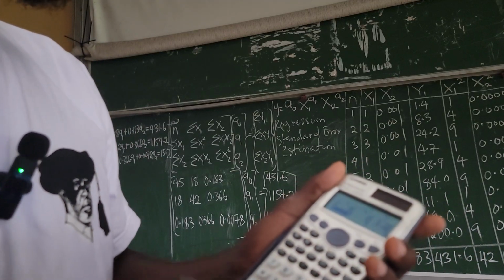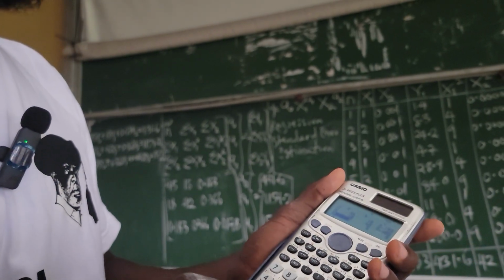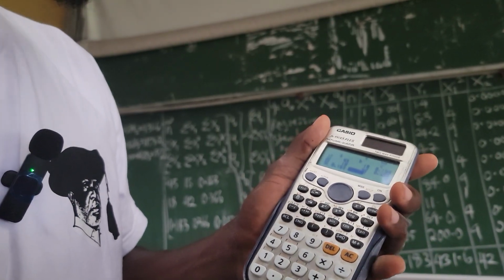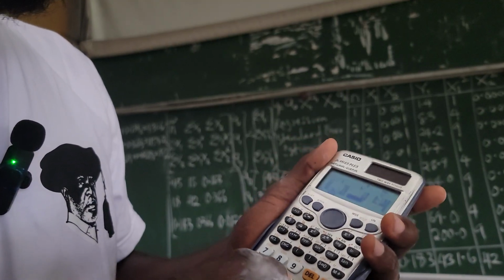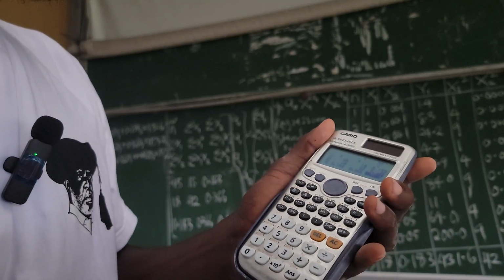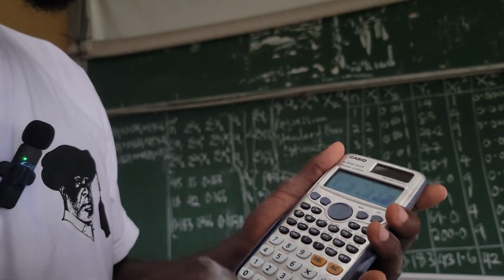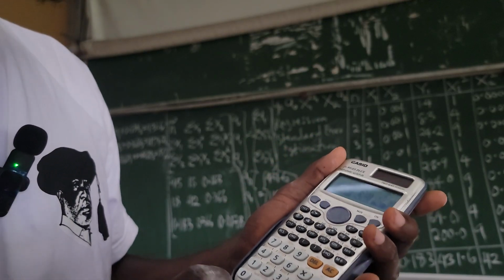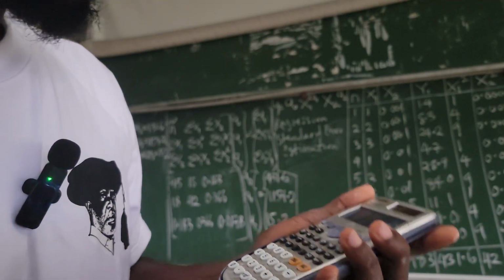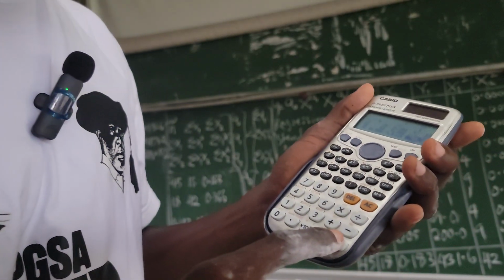is equal to go down to the last row, which is 0.183 is equal to 0.366 is equal to 0.0078 is equal to 15.2 is equal to. Now after you have inputted, you now press, you punch equal